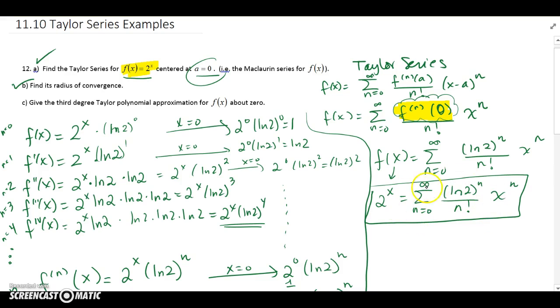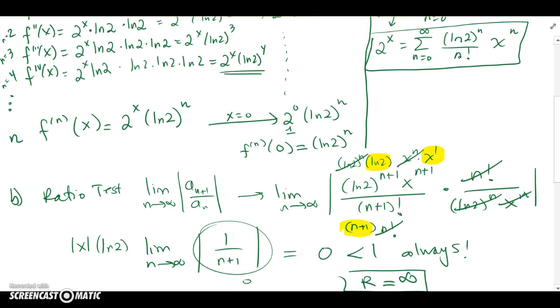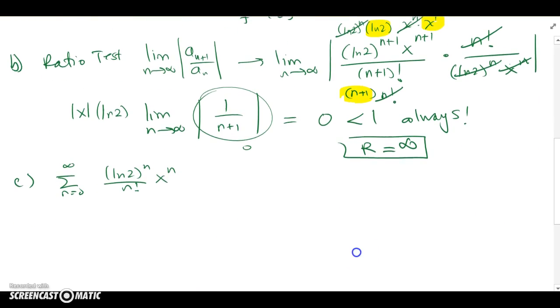So once I have the power series, all I need to do is open this up and go up to the third degree polynomial that captures this function well about 0. So basically, before we were calling in partial sums and looking at partial sums, let me copy this down. Okay, so I have this as my power series. I'm going to let n equal 0, 1, 2, and 3, and spit out the terms. When n is 0, that's a constant. 0 factorial is just 1. X to the 0 is just 1. I get 1. Plus when n is 1, I get ln of 2 to the 1, x to the 1,